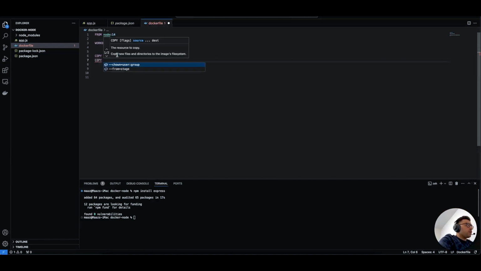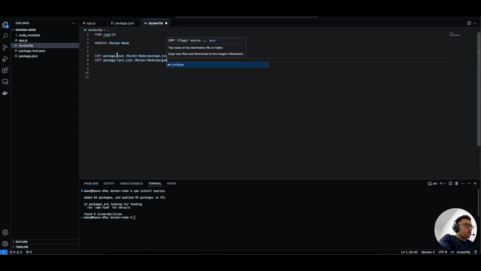Then we will copy package-lock.json into package-lock.json. Then let's finally copy